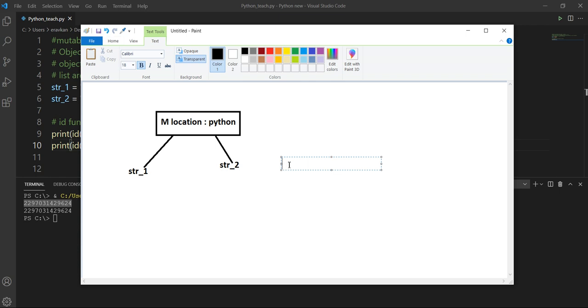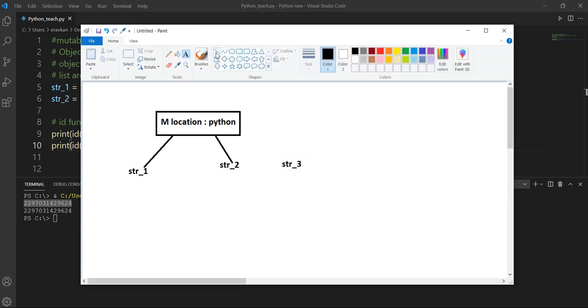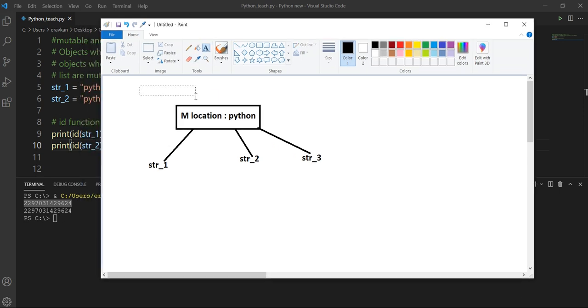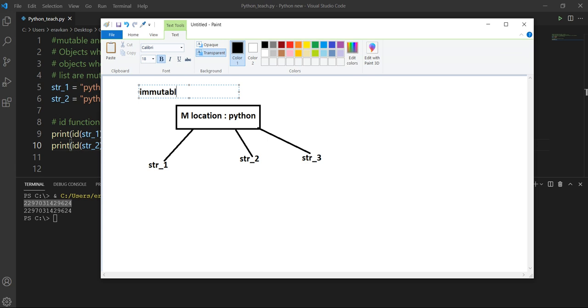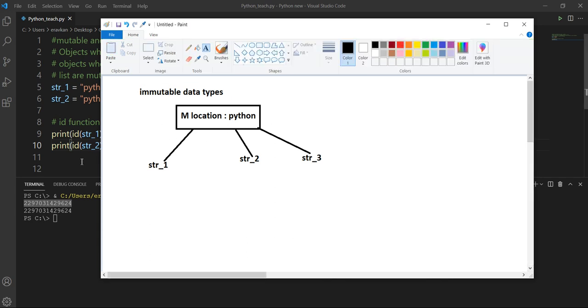And if I define string_3 containing the same value Python, then string_3 will also point to the same location. So at the backend, in case of immutable data types, the value at the memory location is not changing.